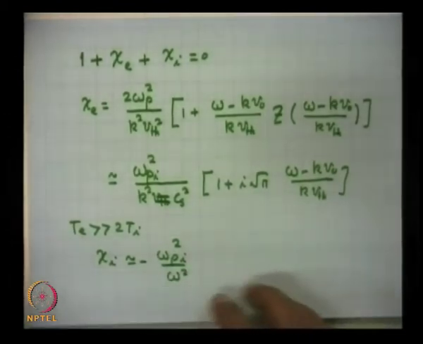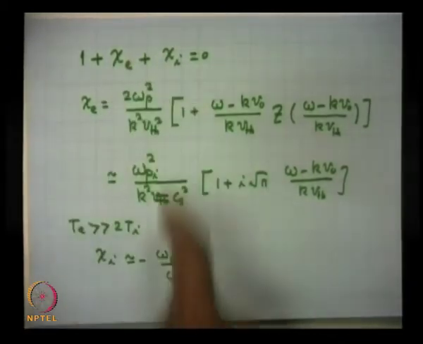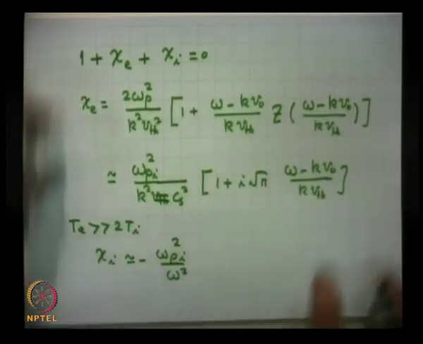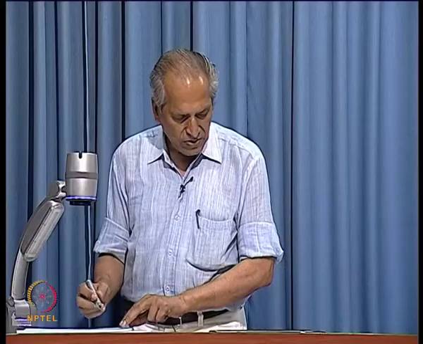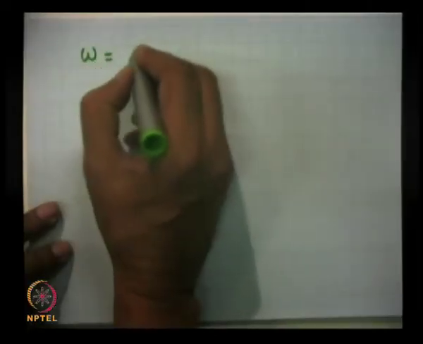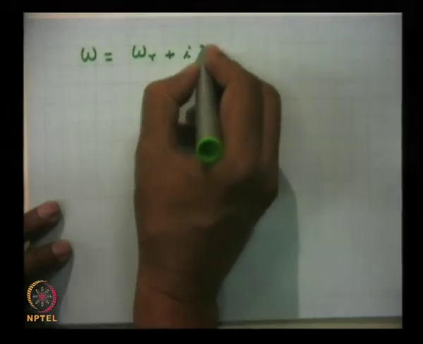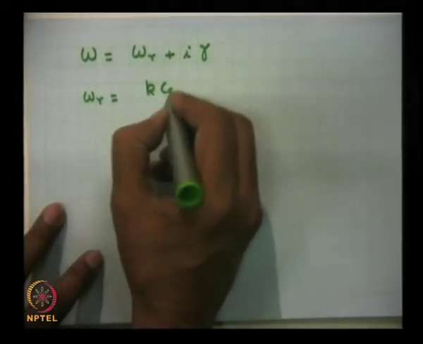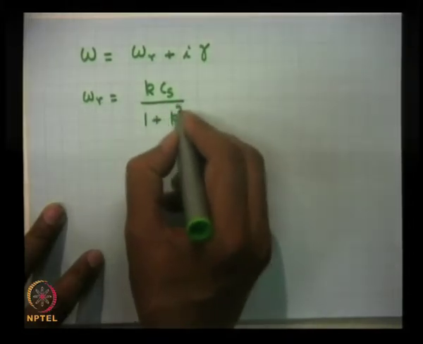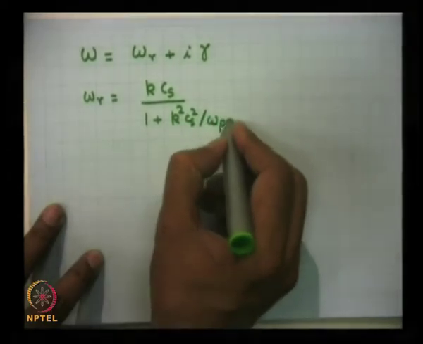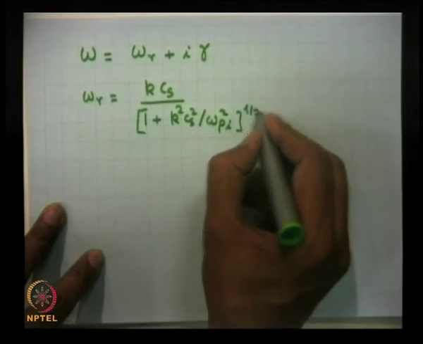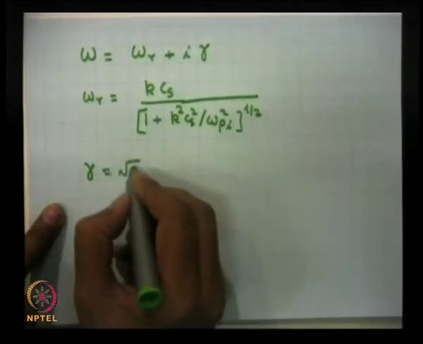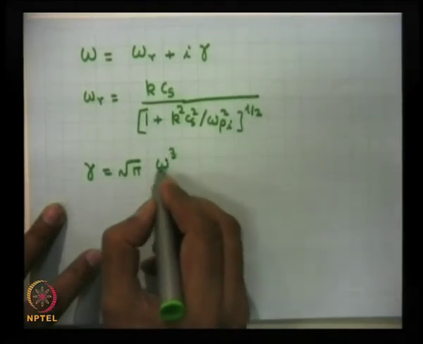So, in that limit, if I just substitute this chi e here and chi I here, you will get instability whenever V0 is more than omega by k, and it is very trivial to get the dispersion relation. You will get here the dispersion relation will have omega equal to omega real plus I gamma. Omega real is the same as you obtain from the fluid theory, the real frequency of a sound wave, which is k Cs upon under root of 1 plus k square Cs square upon omega pi square, and the growth rate gamma turns out to be equal to root pi omega cube upon